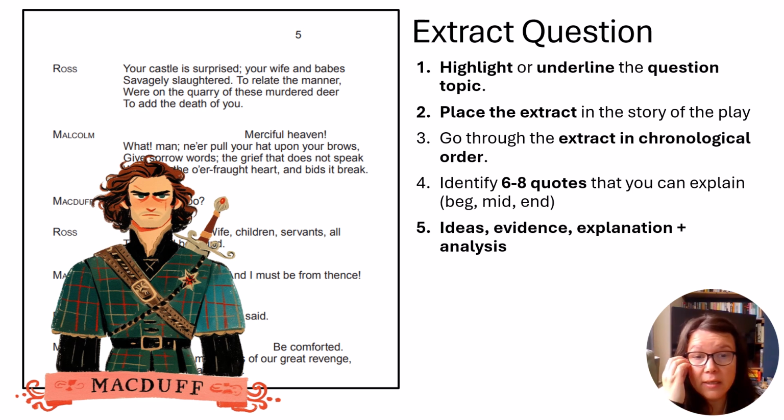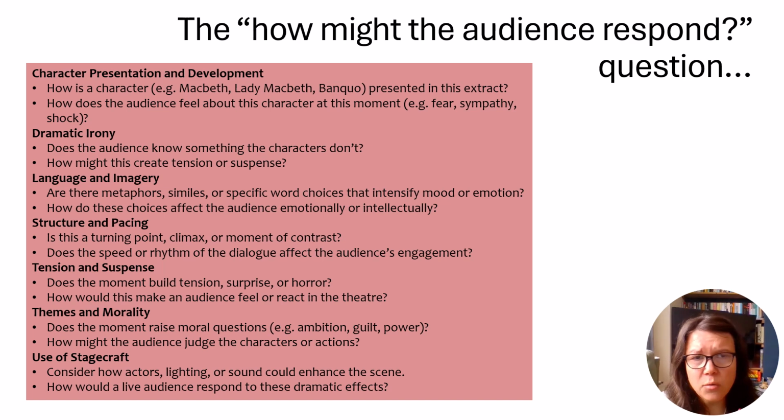You need to analyse a couple of them, and they can be from anywhere in the extract that you choose, the ones that work best for you for thinking about the imagery that Shakespeare uses or the language that he uses or some of the patterns that he uses. You don't need to analyse all of them. So what does it mean when we're looking at the audience question? And I'm not going to talk through all of these, but in terms of how audiences respond